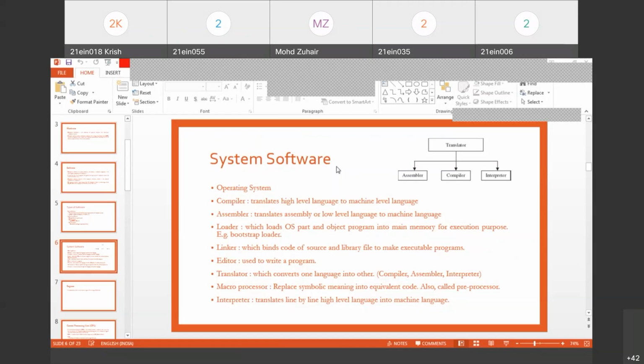For example, earlier mnemonics were used. Mnemonics means if I say AND gate represents 1 0, or OR gate represents 1 1. So whenever you require AND gate, you have to write 1 0. Whenever you require OR gate, 0 1. So similarly, these sort of languages are low level languages, and to program or to code something on those low level languages was a tedious task. Just to print something on a screen will require n number of lines of code.